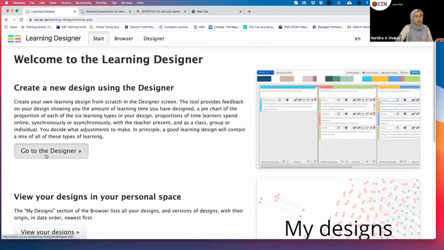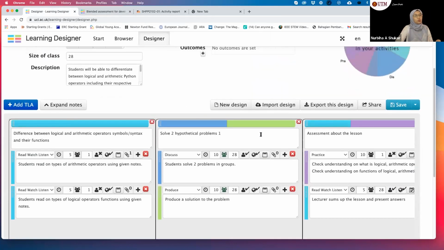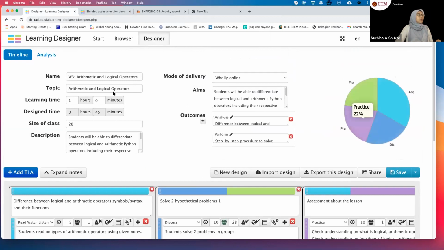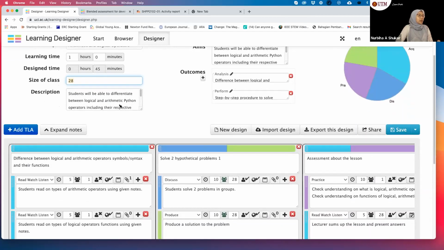You go to designer. Okay, ni yang saya buat untuk kelas saya lah. Okay, so name of my topic that I want to teach that day. Okay, week 3 arithmetic and logical operators. I teach basic introduction to programming language. So this is arithmetic and logical operators. Berapa learning time dia? Saya masukkan size of my class. Saya masukkan saya punya